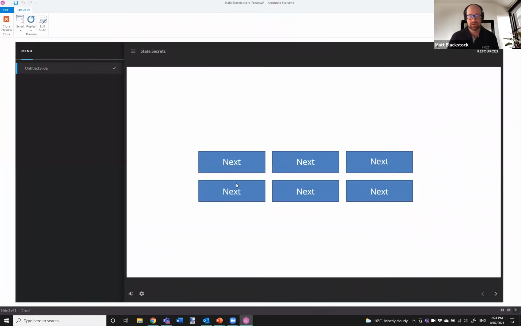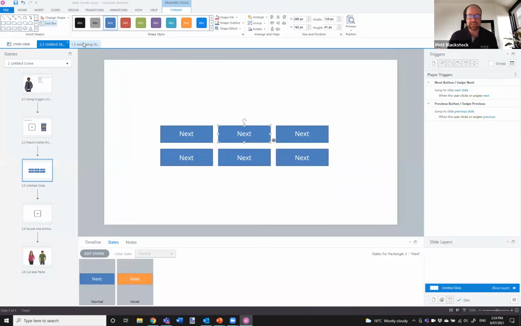All right, there we go. So you can use that same process for any of them. You could use it for a fade in, a shape, a split, a movement, whatever the case may be. And the selected states, which I showed you before on the example, are done the same way.